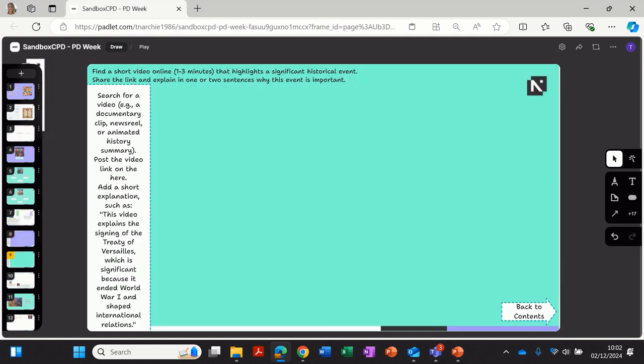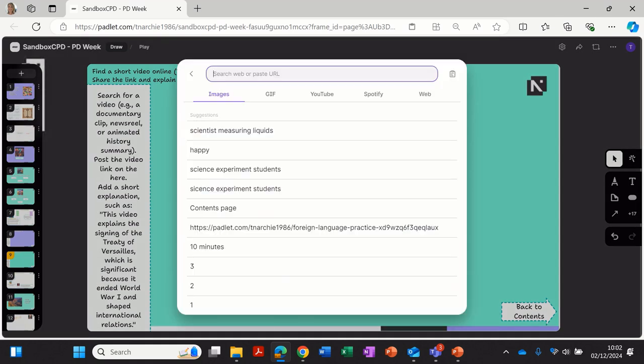I then asked the same again, but this time you want to do a video, and I've been really specific: 1 to 3 minutes, that highlights a significant historical event. So this one here, I'm looking at the Treaty of Versailles for this example. So very similar to the image, but we want a video, so the students can then go back and watch it as part of the independent study, especially ones that they've shared with others. So again, we're going up to search and